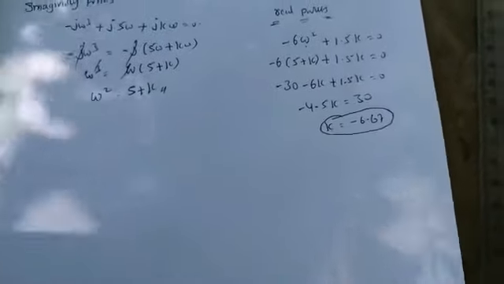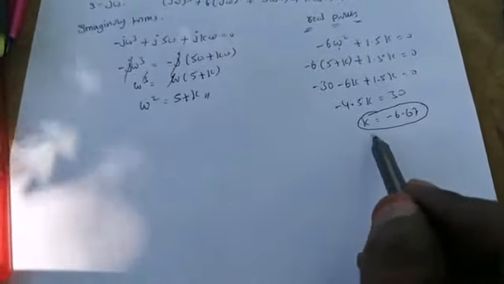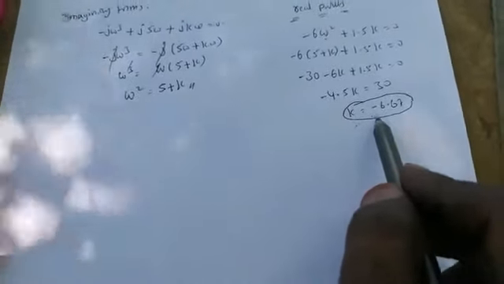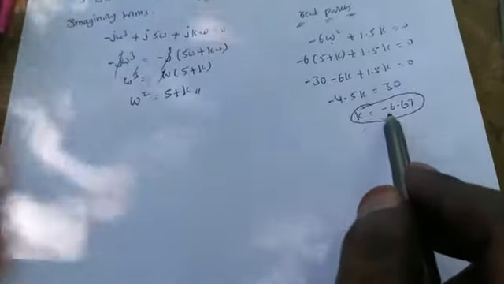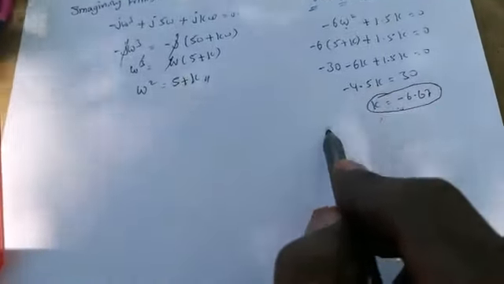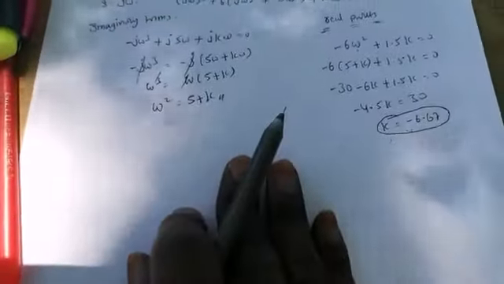So generally, what is the main intention of k? k denotes the stability condition of a given system. For the stability condition, the k value must always be a positive value. So here we obtain a negative value. It means that when the k value becomes negative, there is no breakaway and breaking point presented in the root locus plot. So here there is no need to find the crossing point on the imaginary axis. Why? Because the k value we obtained is negative. So now all the steps are over.